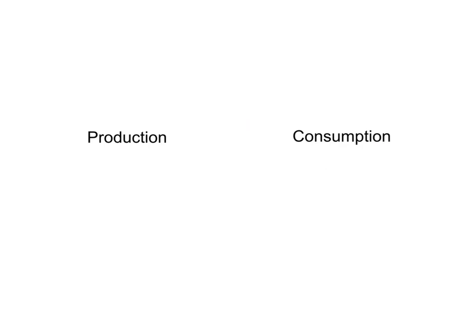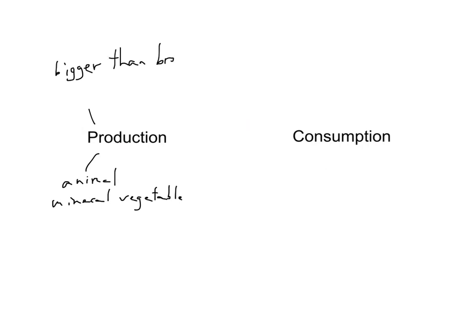So we try to categorize the things that produce other things in various ways. And we could do this in a lot of different ways. We could say, is it animal, mineral, or vegetable, right? These are the old 20 questions things. Or we could say, is it bigger than a bread box? I don't know what a bread box is. Is it bigger than a bread box or smaller than a bread box, right? We could do that as well. But those aren't very useful. A much more useful way of doing it is into natural resources.